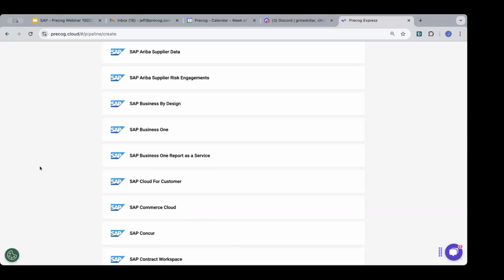Next question. How much data can you flow through Precog? As I mentioned earlier, Precog is Kubernetes based. It scales vertically and horizontally, and is capable of processing terabytes of data an hour for any client. So any scalability issues with doing API integrations is almost always going to be the rate limits of the API itself, not our infrastructure or the underlying application. But again, we've had no problem supporting many of SAP's largest clients.